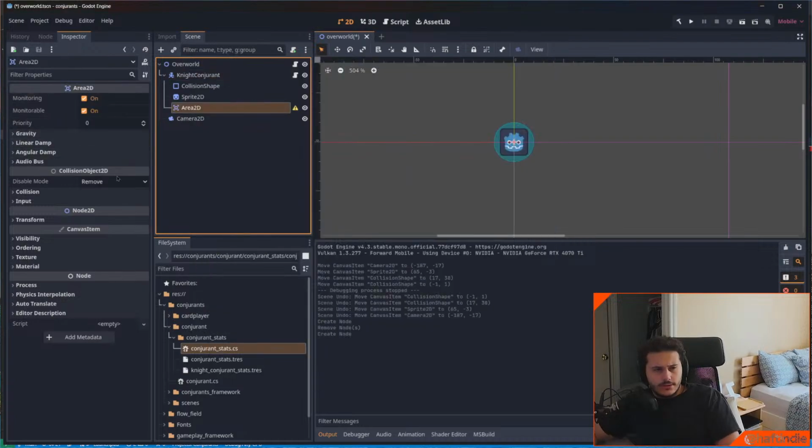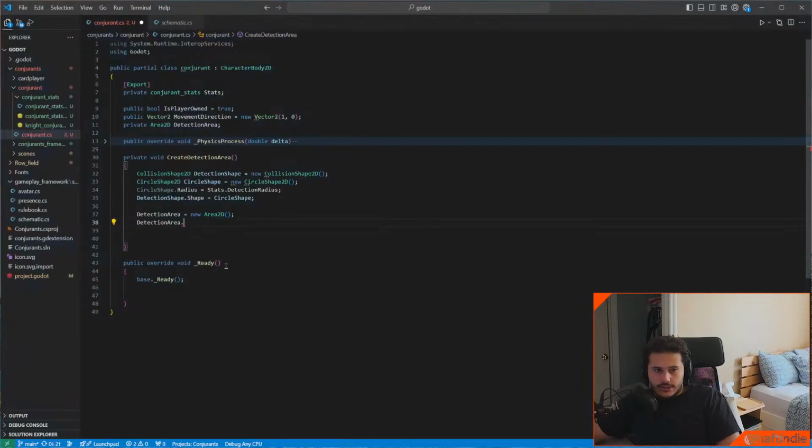Area 2D. This guy has no shape, so it can't collide or interact with other objects. Consider adding a collision shape 2D or a collision polygon 2D as a child to define its shape. Okay, I don't need to pass it in, it's not a property. I don't know how it works, but